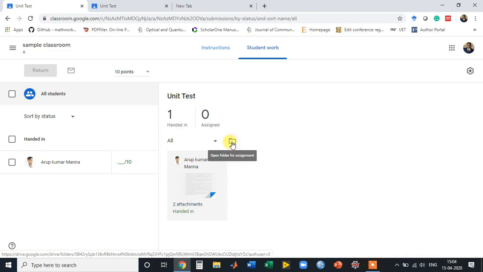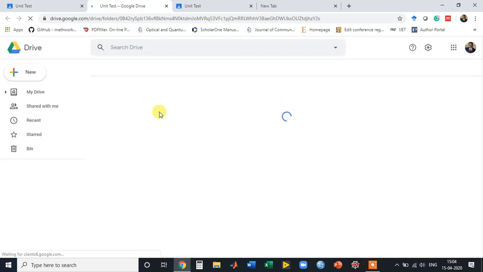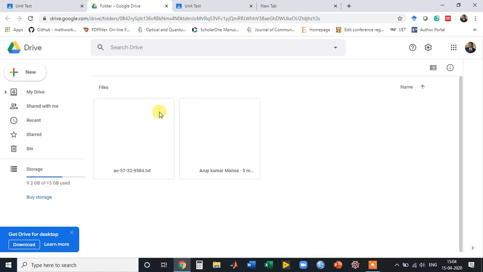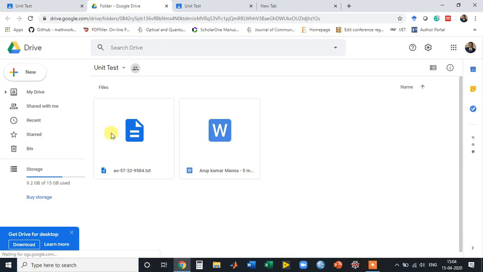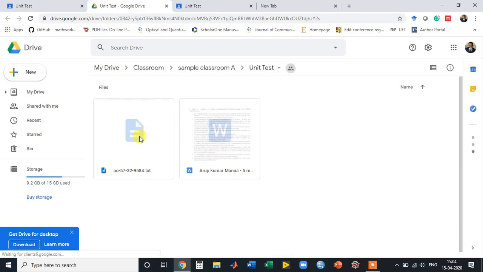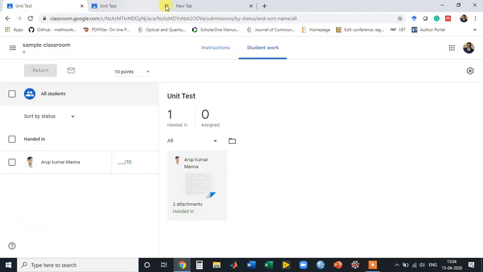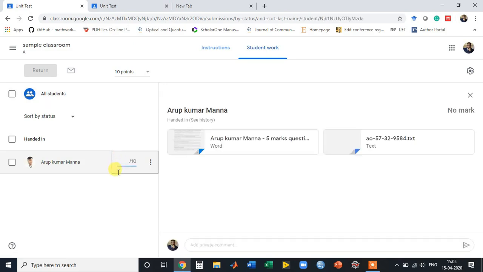I can simply go to the folder and see the answer. This is the file of the student's answer. I can simply download it and check it. After I have done the checking, I can give him marks out of 10.